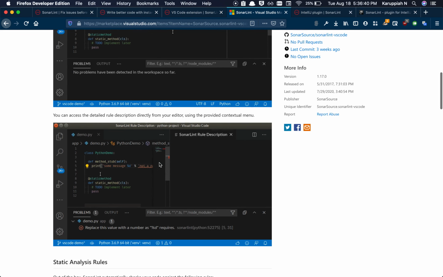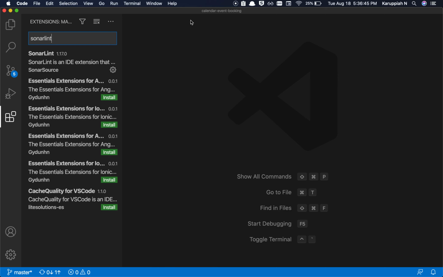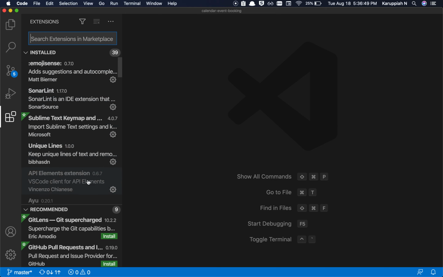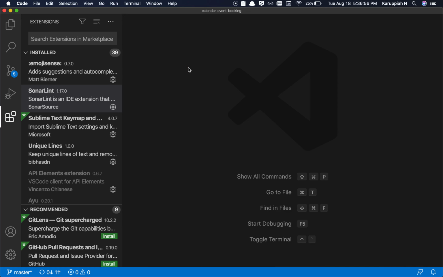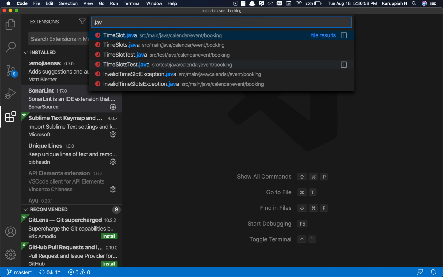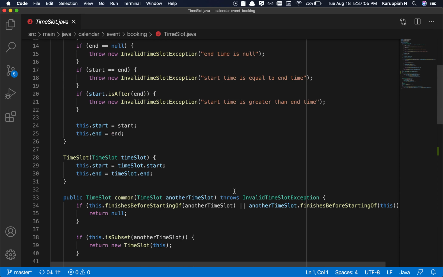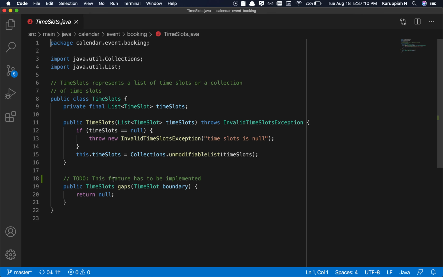There's a demo. Cool, so it's installed. I've disabled a lot of plugins, but the SonarLint plugin is enabled. So if I close this and open a Java file, let's open TimeSlot.java and see if SonarLint has something.